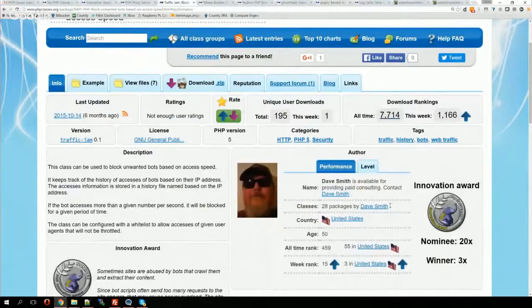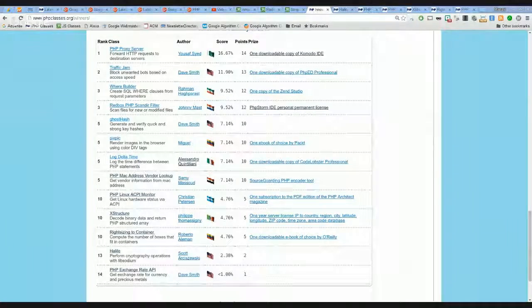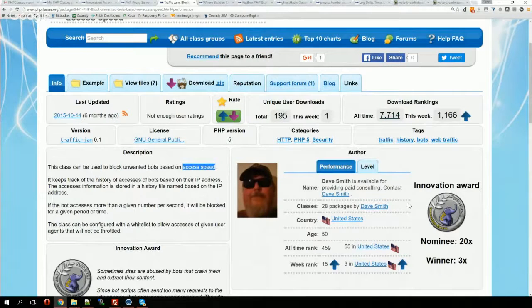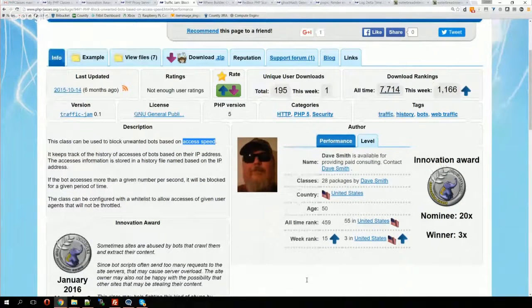And what this package does is basically it blocks requests based on, as it says, access speed, but I would rather say on access frequency. So if someone, for example a bot that is scraping your website, accesses more than a given amount of requests per second, then it will be blocked for a specified period of time. So it's kind of a security measure, and your server manages its efficiency without allowing someone to scrape your website too much and cause disruption in the service.